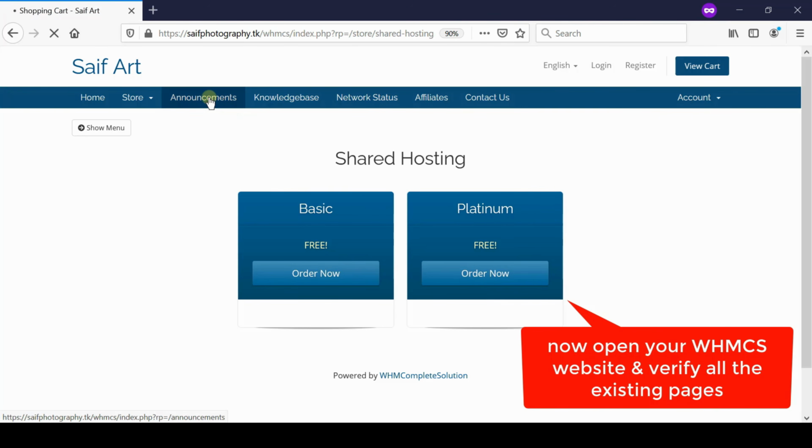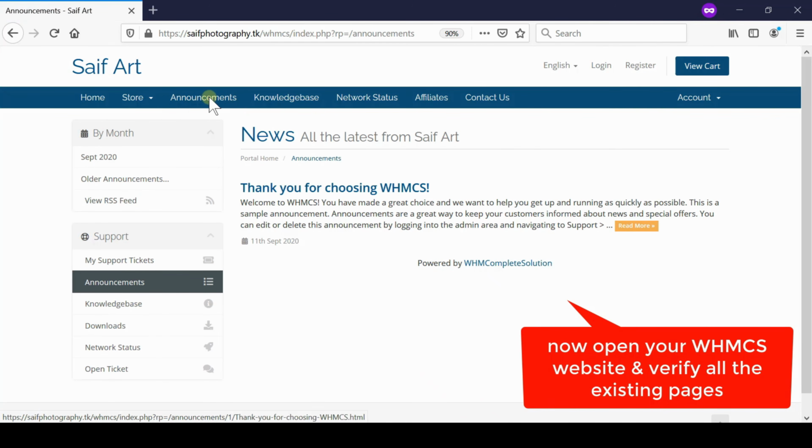This process is very helpful if your WHMCS is not working and there is no solution left or you are